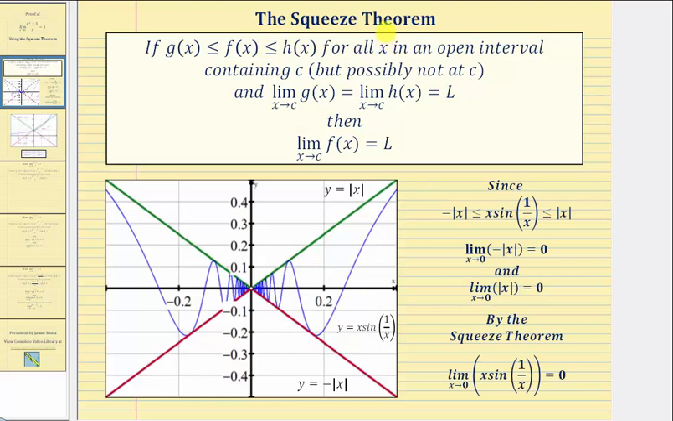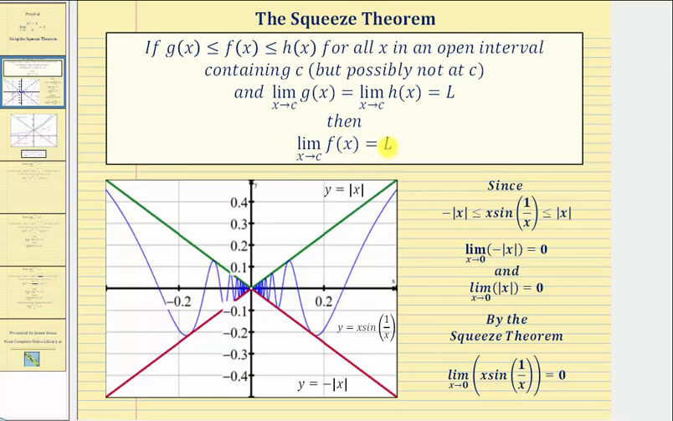The Squeeze theorem states that if f of x is greater than or equal to g of x and less than or equal to h of x for all x in an open interval containing c, but possibly not at c, and the limit as x approaches c of g of x equals the limit as x approaches c of h of x, which both equal L, then it follows the limit as x approaches c of f of x